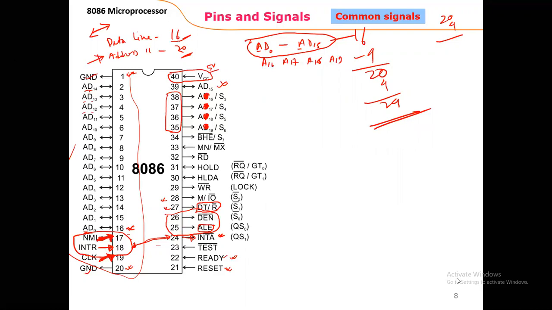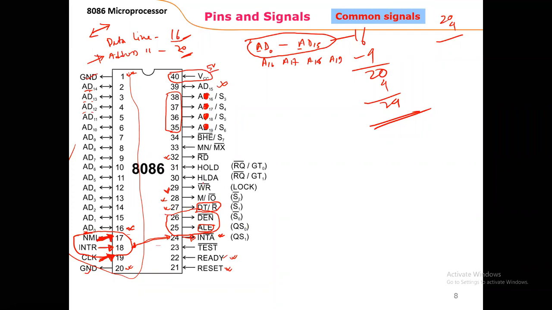So this is the memory and IO bar. All are clear? IO means input output. If this pin is low, then the input output system is active. These three, pins 27, 29 and 32, work at a time. That is, input output